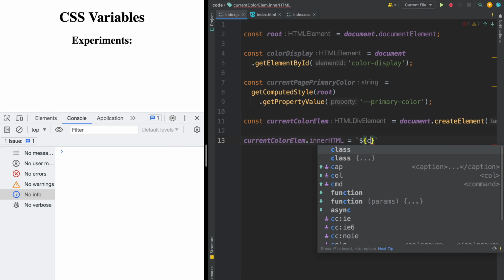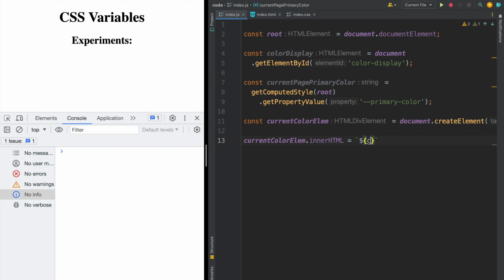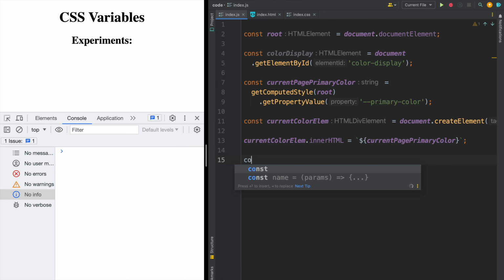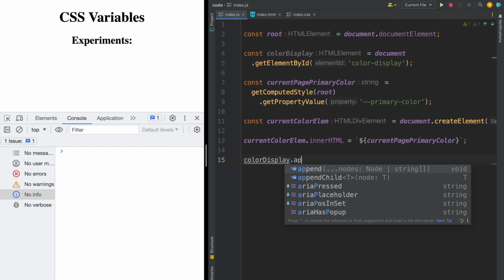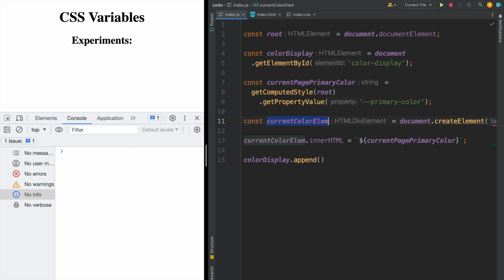So let's pass our current page primary color here, and let's just color display, just append our current color element. Cool. And as we can see on our page, primary color of the page is blue,